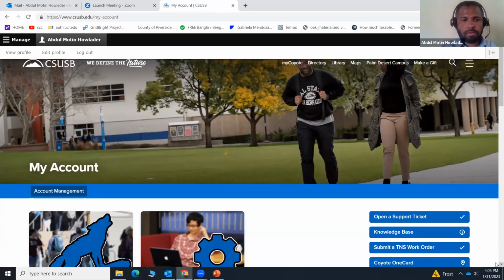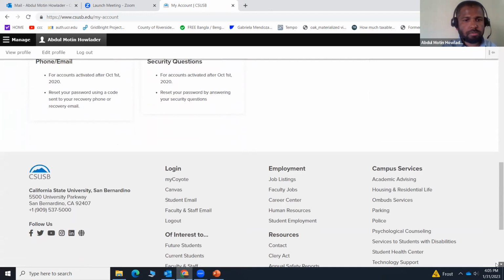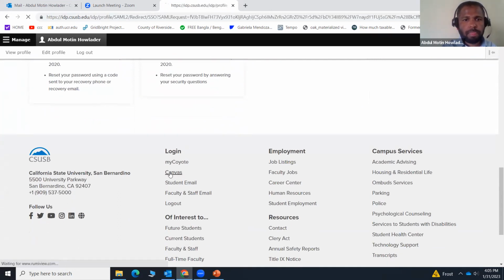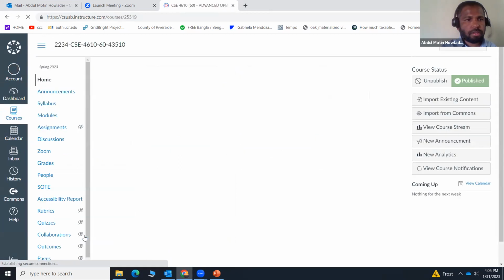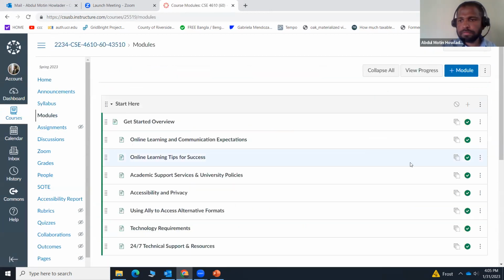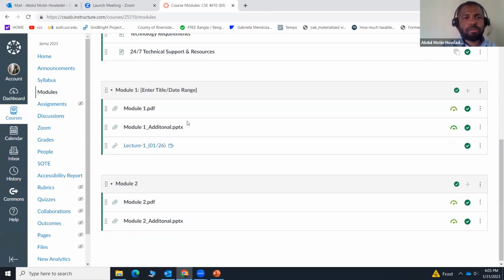Yes, go to my account. Sorry, I just stopped that. In courses, in advanced operating systems, in modules, don't forget to study the module on additional, because this is a kind of summary of what we studied last class. I recommend studying both the PDF as well as the PowerPoint slides. Similarly, module 2 has a module 2 PDF and module 2 additional. So this is a summary. Go through this module 2 additional PowerPoint